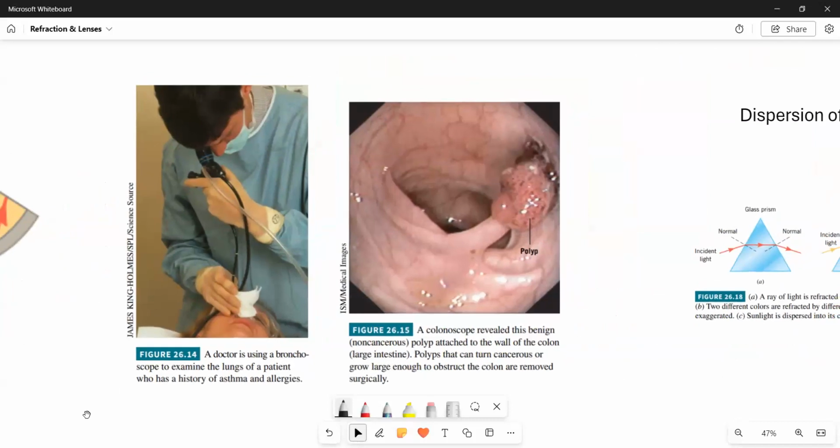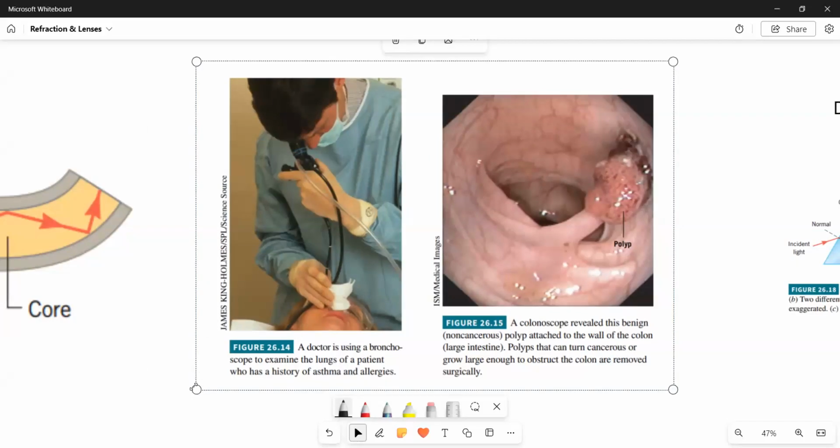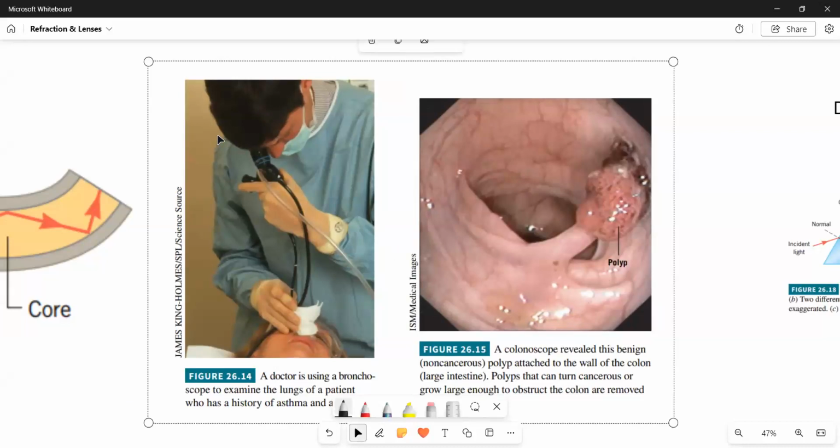Another application, for the medical people, I know this is a little gross image I'm showing you here. For those of you who are working at the hospital, you probably know of doctors using instruments like these, where they can look into your body. You see, they talk about a colonoscope, and you probably heard of colonoscopy. So inside your colon, there are these little things that are growing there. How do they know that? Well, they have to send in something, right? They just send in a little tube, and at the end of the tube,